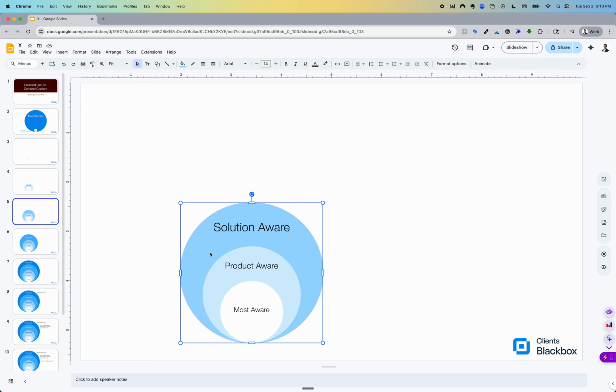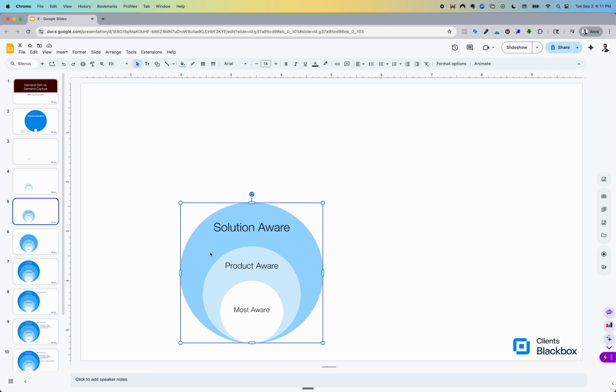Solution aware is somebody who is aware of different solutions. So maybe they don't need to hire. Maybe they're just not aware of specific financial advisor offerings, like, hey, this guy's going to charge me $3,000 for a financial plan versus this person's going to help me manage my wealth for 1% a year, et cetera, et cetera. They might be interested in, I don't know, a robo advisor or doing it themselves. So they're aware of the overall categories of solving the problem, which could be, hey, just not doing anything, right?